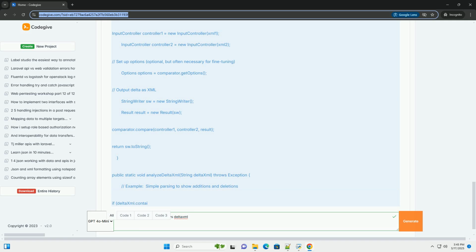A result object is used to capture the XML delta output. The compare method performs the comparison, and the deltaxml is returned as a string. 4. deltaxml analysis, analyzeDeltaXml. This function provides a rudimentary example of how to parse the deltaxml output. It simply checks for the presence of deltaxml insert, deltaxml delete, and deltaxml change elements to indicate additions, deletions,